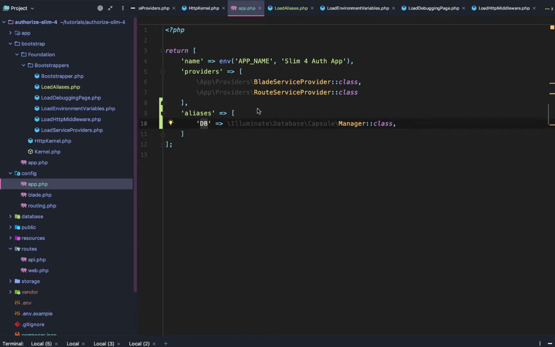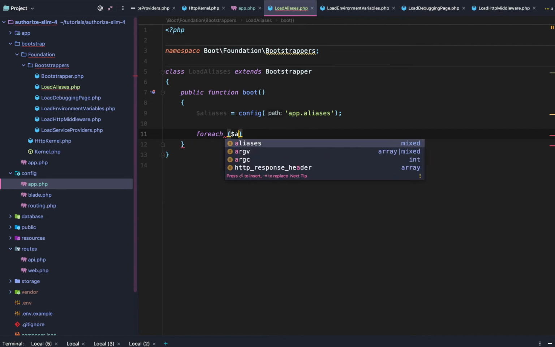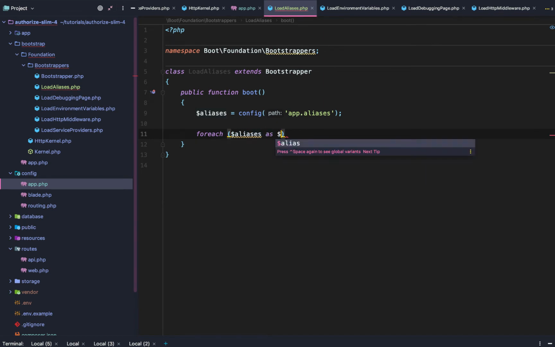It's setting up a database connection. The connection can vary. So it's fancy, it doesn't have to be the same connection, but at the end of the day, it is our database connection, and it can manage multiple database connections. That about sums it up. Okay, so in our aliases, we're going to need to go back to our load aliases, and we're going to say for each aliases as alias,